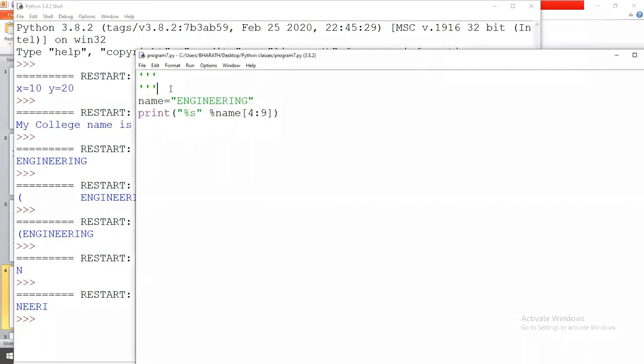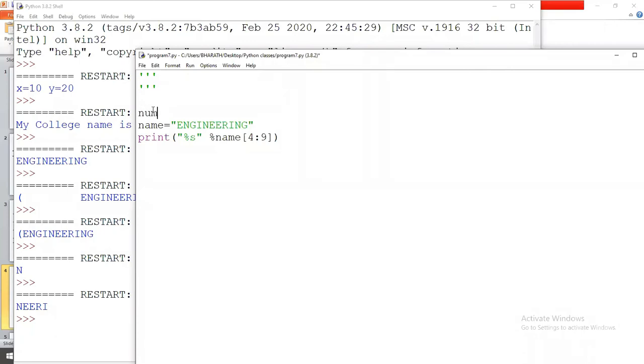Okay. Next we are going to see how to format floating values. Here I am taking one floating value. For example, NUM equals 123.456789. So this is the floating value NUM. Now I want to display this floating value.